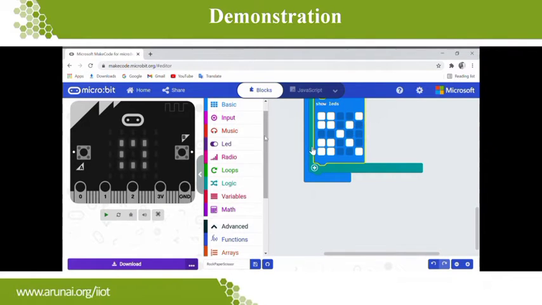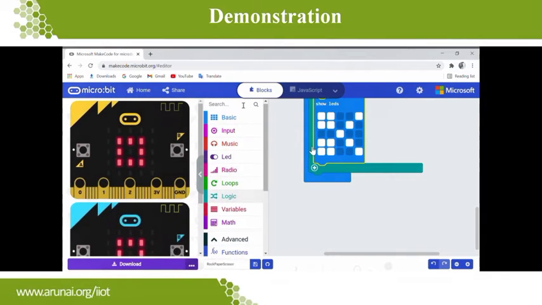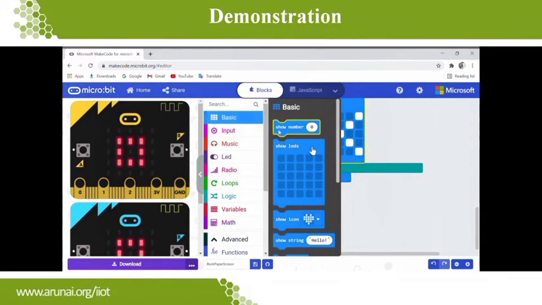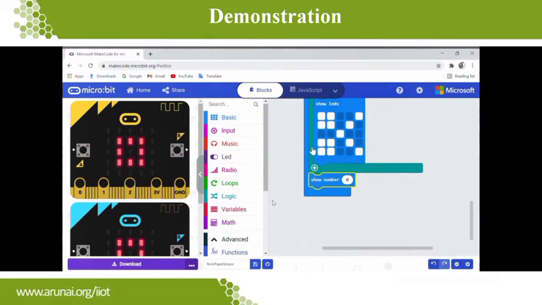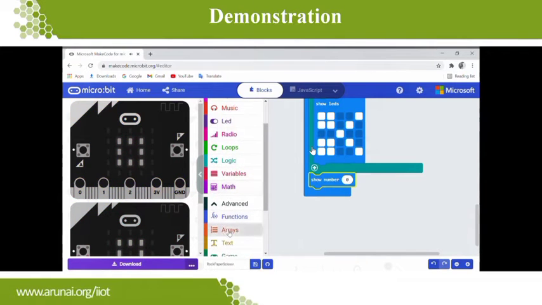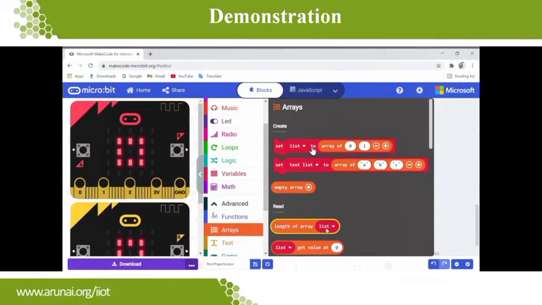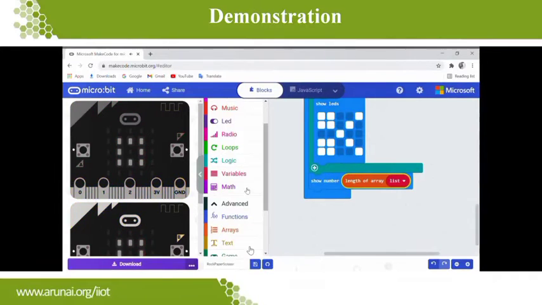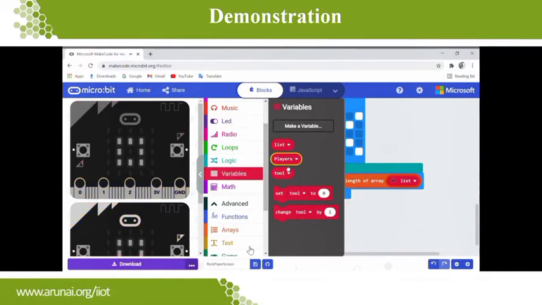Again go to basics, drag the show number block and place it below. Now go to array, drag the length of array block and fix it in a show number block and change the variable as players.